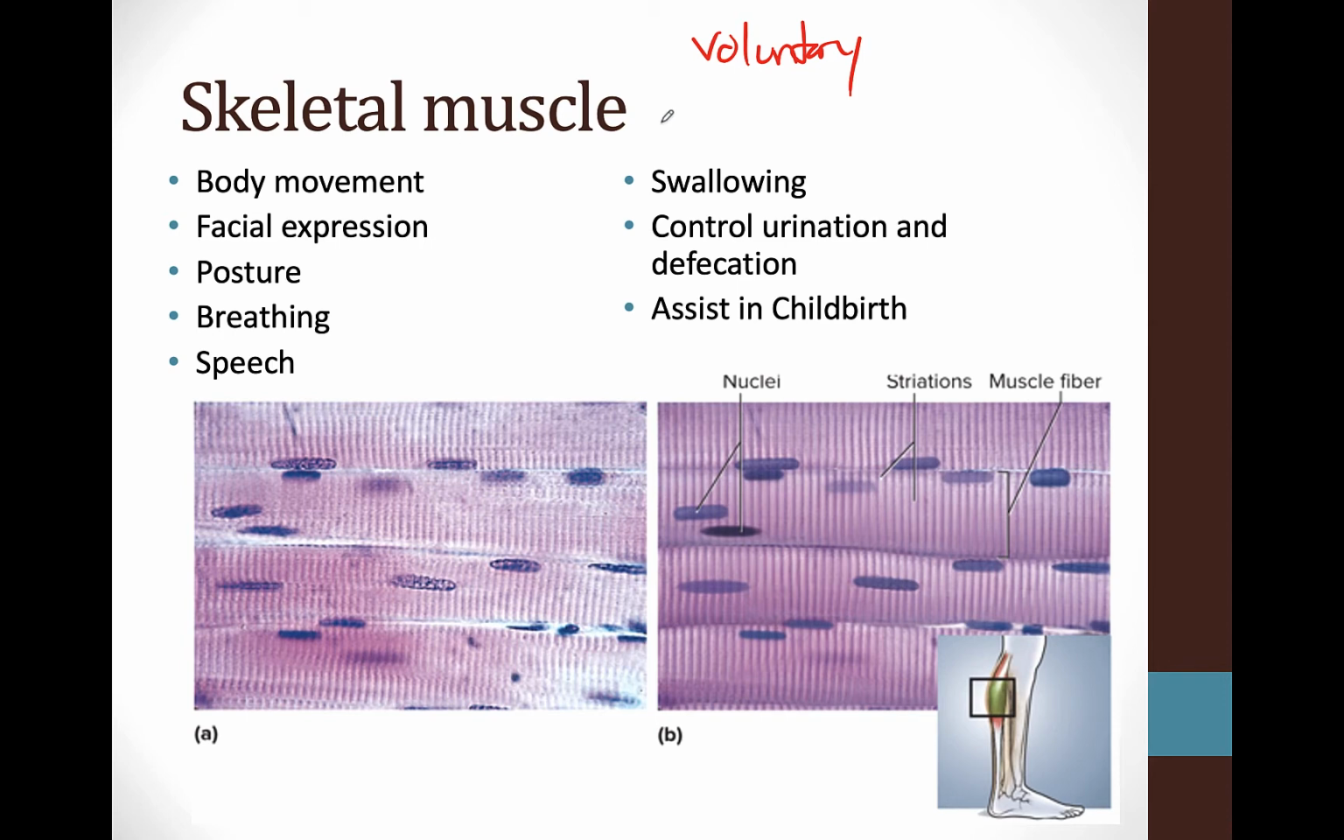It is also called a striated muscle. So you see these lines here. Those are the striations, and they come from the alignment of the sarcomere. So under a microscope, you'd be able to see this very neat, organized striations, and they have what